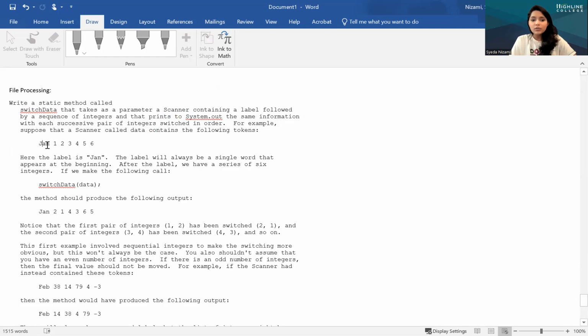So everything is a token, and they say we can assume that every line starts with a string and then followed by all the integers. And they're calling it a label. So first you take the label, read the label. Label is a string. And after the label, we have a series of 6 integers. If we make the following call, like this is the method call, switch data, and you're passing this file,